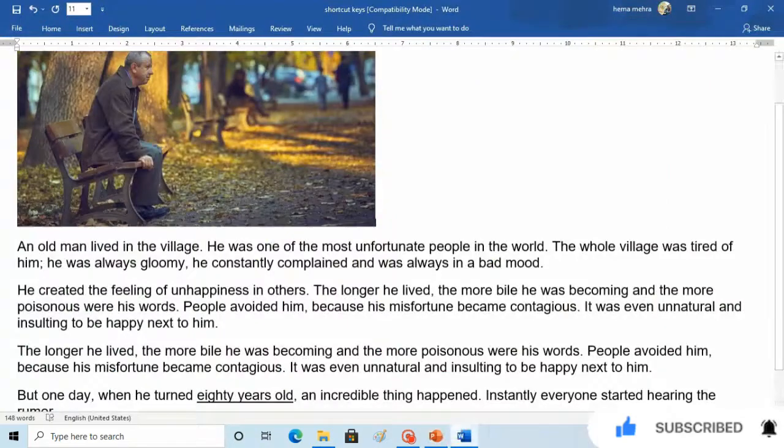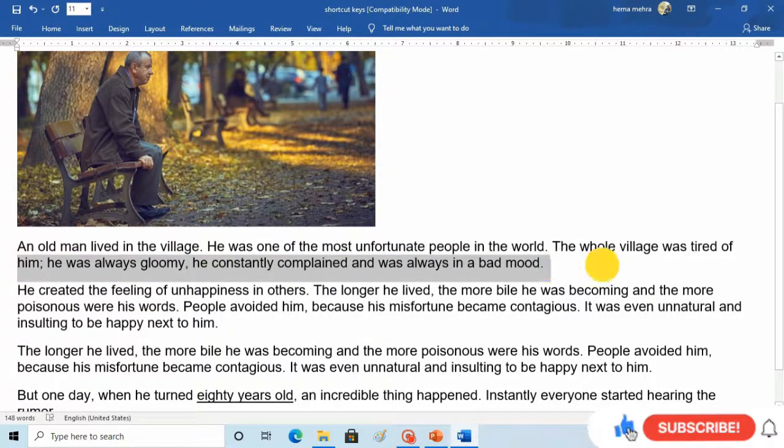Suppose this is the current line in which I am writing. Okay, and if you are here at the front and you press End, directly your cursor will move to the end of the line.